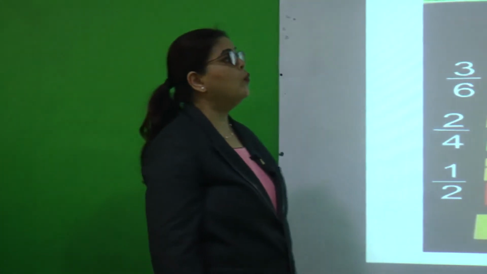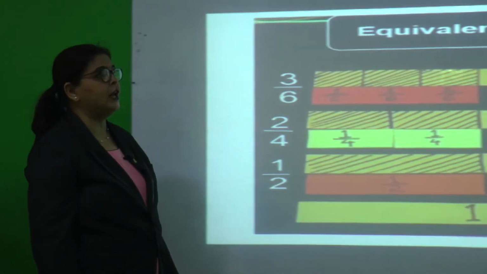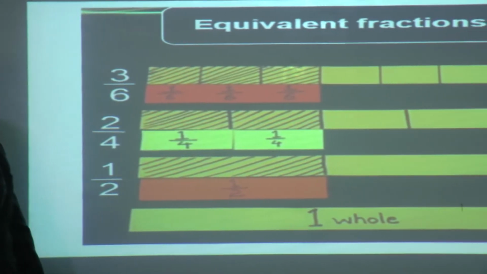We had started with a new chapter, that is fractions. Yes, we had seen what a fraction is, the definition of a fraction, and how to write a fraction in the form of a numerator and denominator. We had just started with equivalent fractions. Today we will see some more examples related to equivalent fractions, and we will see one by one how we write an equivalent fraction and how we can say the fractions are equivalent.